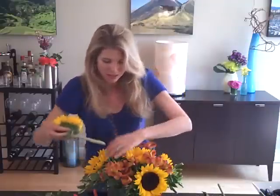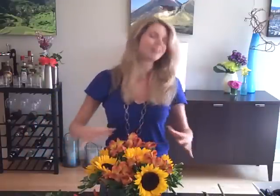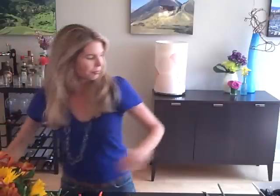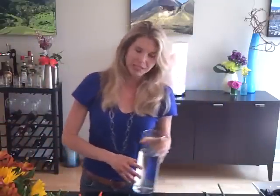One more little guy in here. All right, my traditional looking sort of round centerpiece is complete, and now I'll show you the next ideal sunflowers. So let me move that out of the way. So I've got a tall cylinder vase here, and I wanted to make something that was a little bit more